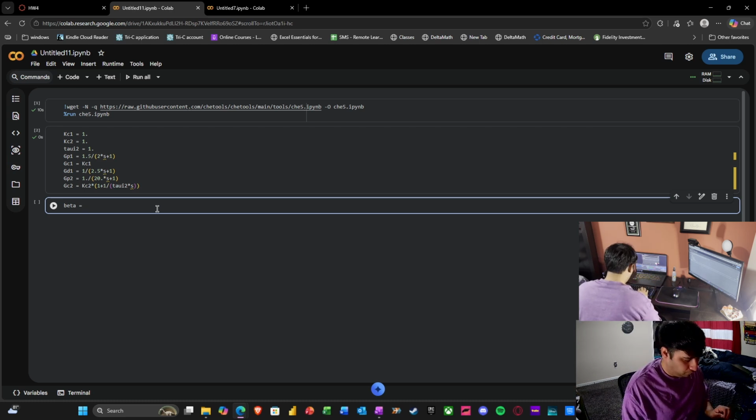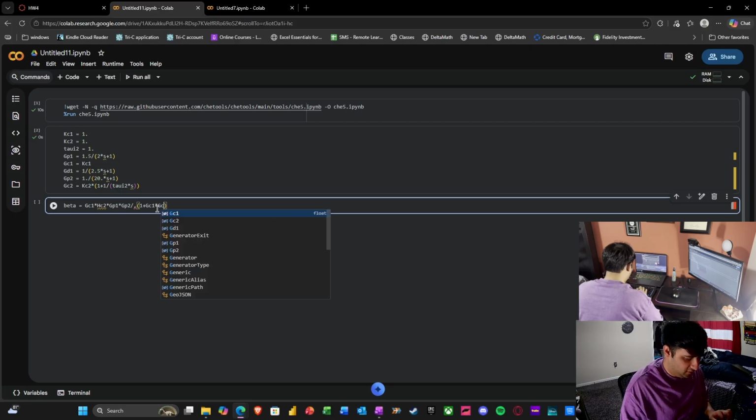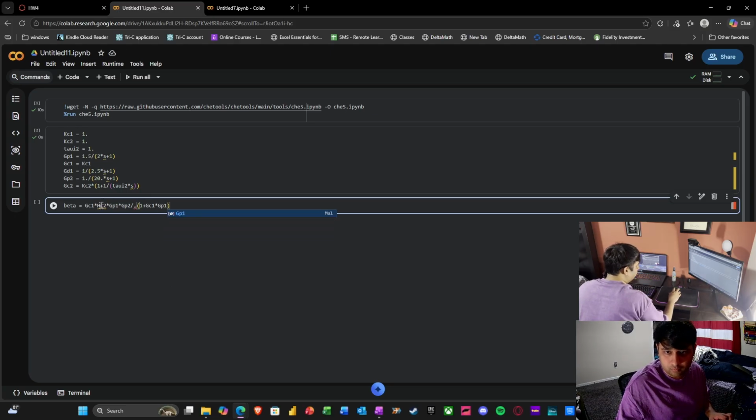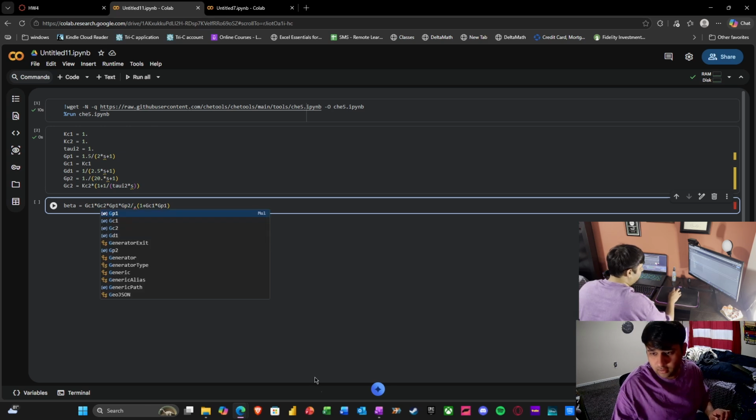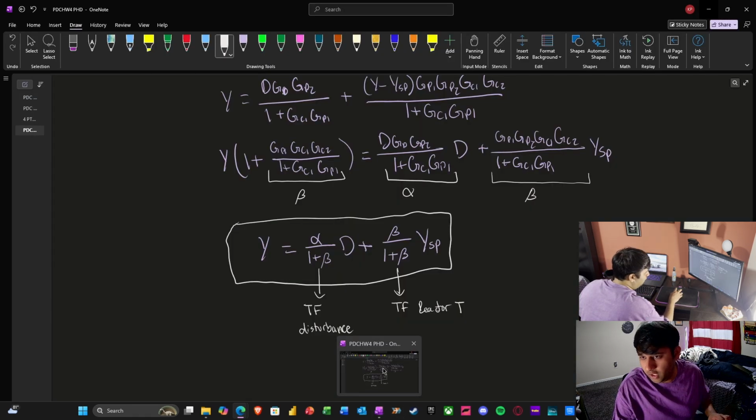So beta is the GC1 times GC2 times GP1 times GP2 divided by 1 plus GC1 times GP1. This is supposed to be G,